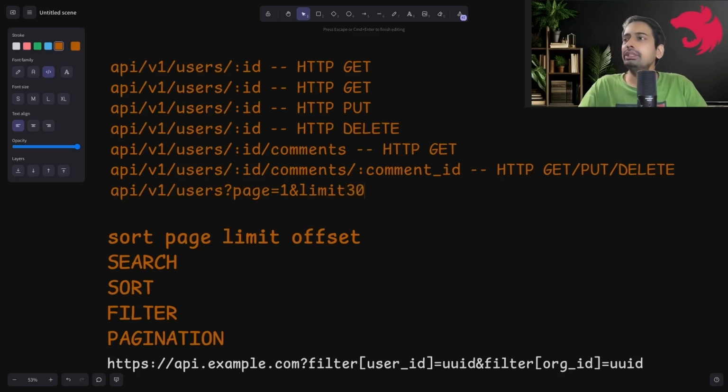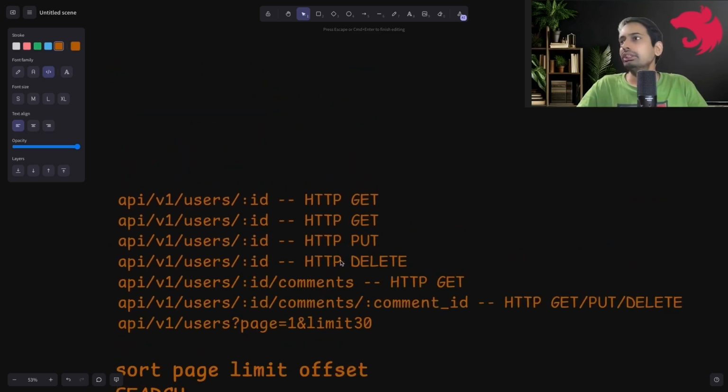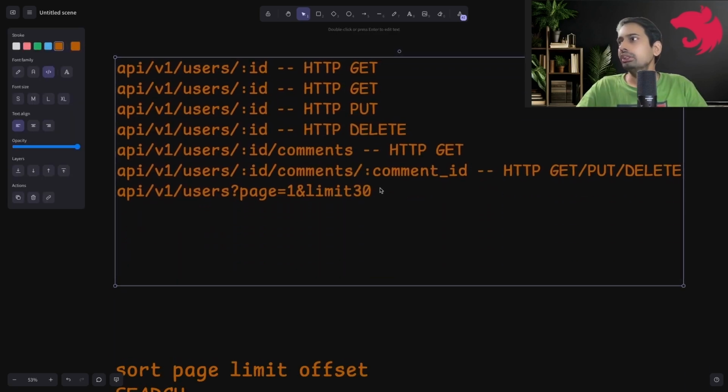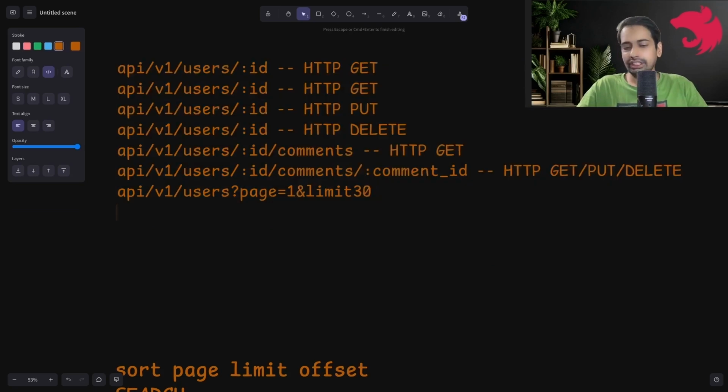This is simple pagination, and this can be key based also, where I can just pass page 1 and offset. Offset means skip the first 30 records and give me the next page.